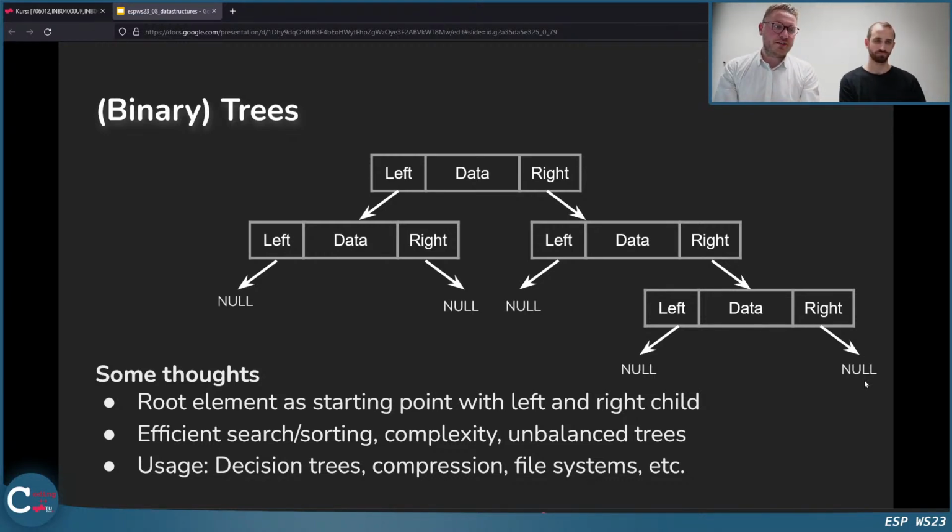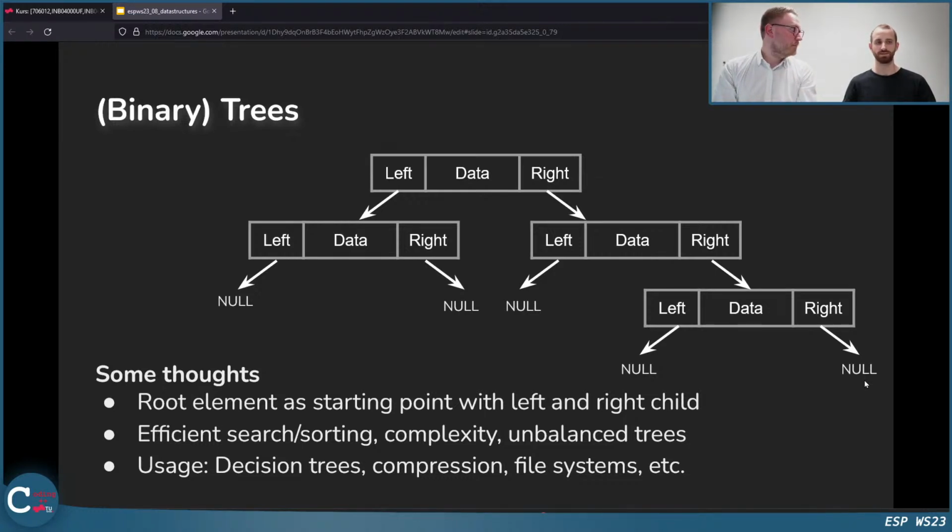Usages are decision trees, which you will hear about later in artificial intelligence subjects. Cool thing to actually make decisions based on some input. Compression, maybe you heard about the Huffman compression, or also file systems, of course, where we have a root directory and then we're going down in the file system.